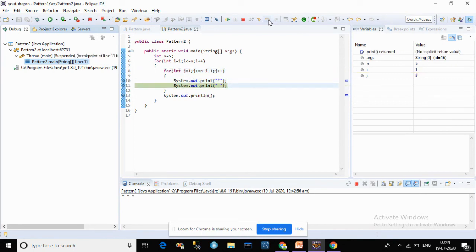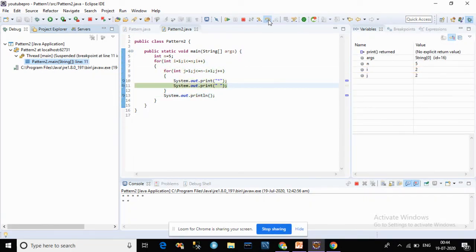So this is the actual logic behind this pattern also, because we need to check how our pattern looks. According to that we need to create our logic, and that is the only way we can make programs for logical patterns.